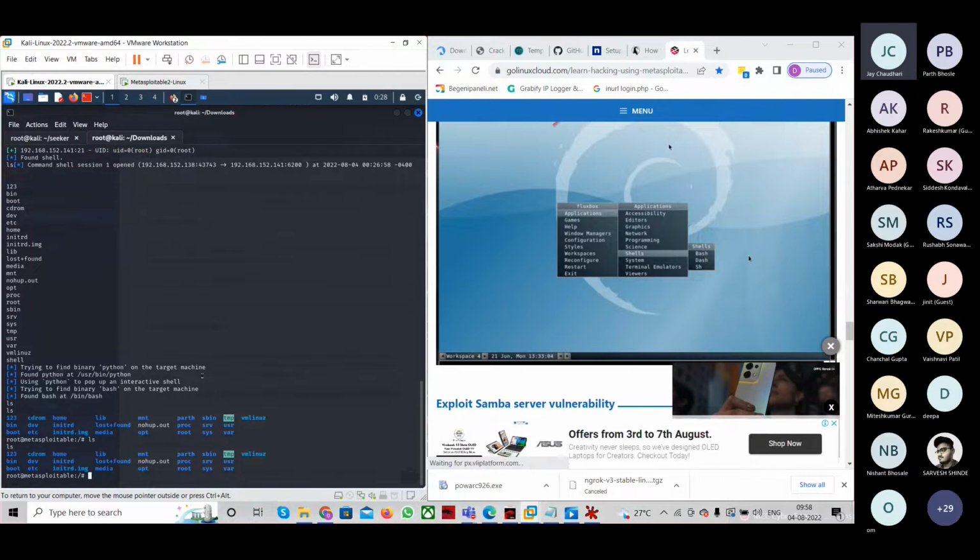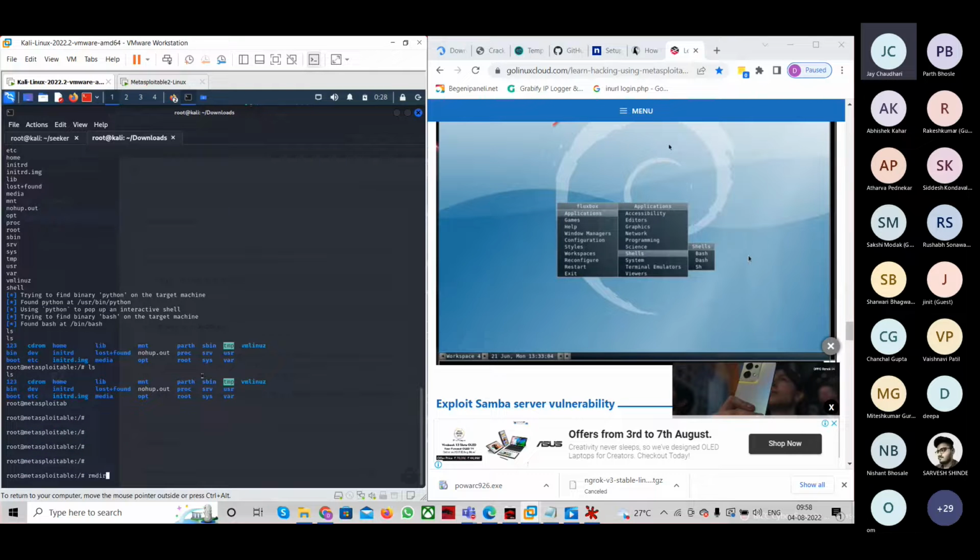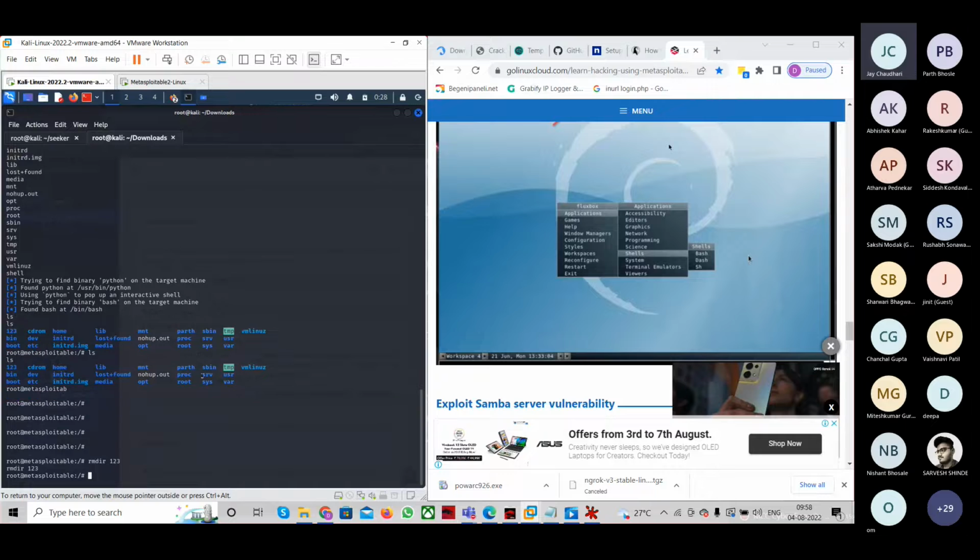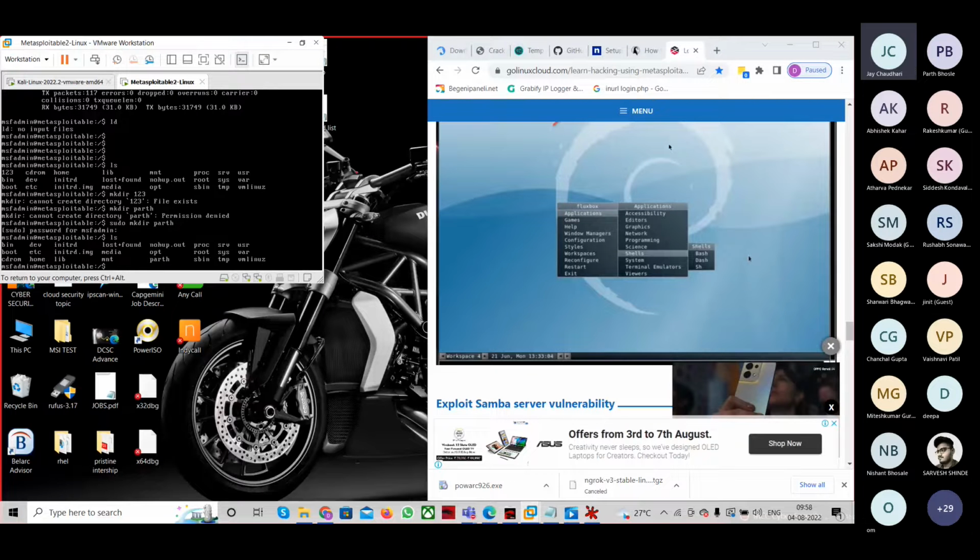देखो जो 1 2 3 दिख रहा था, उसको मैं रिमूव कर सकता हूँ। rmdir 1 2 3, मैं 1 2 3 को रिमूव कर रहा हूँ। देखो मैंने रिमूव कर दिया, ls करके देखो 1 2 3 नहीं दिख रहा। अब मशीन पे एक्चुअली जाके देखो, दिखेगा क्या, नहीं दिखा, क्योंकि मैंने उसे रिमूव कर दिया है। ओके गाइस, इस तरह से मेटास्प्लॉइट से हम इस मशीन को यूज कर सकते हैं।